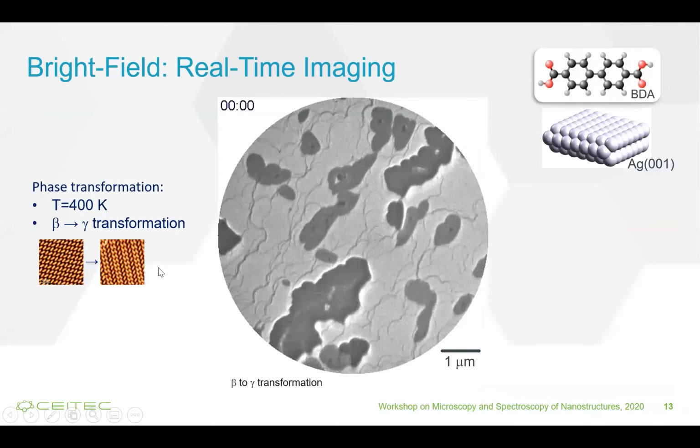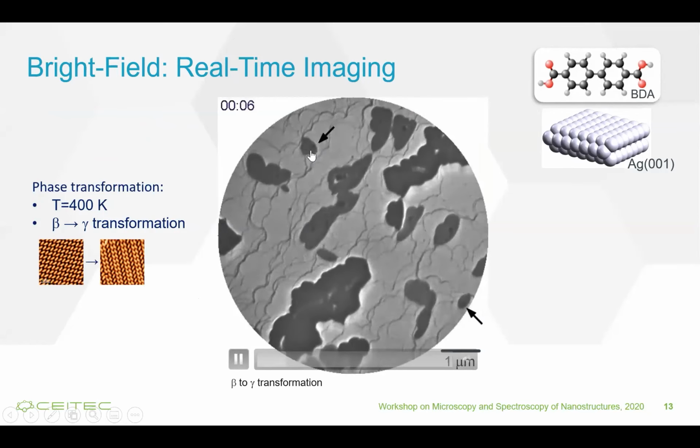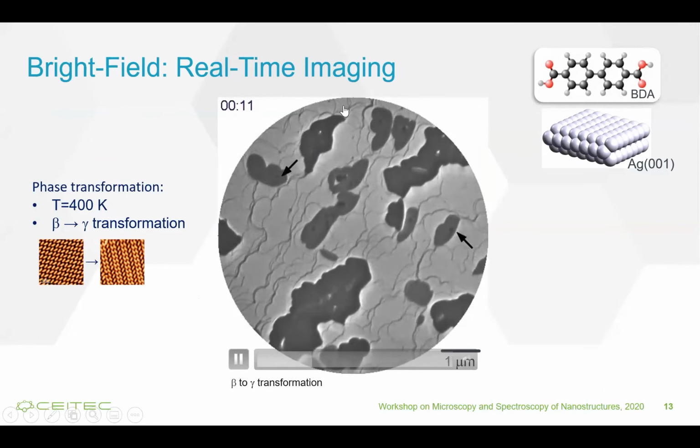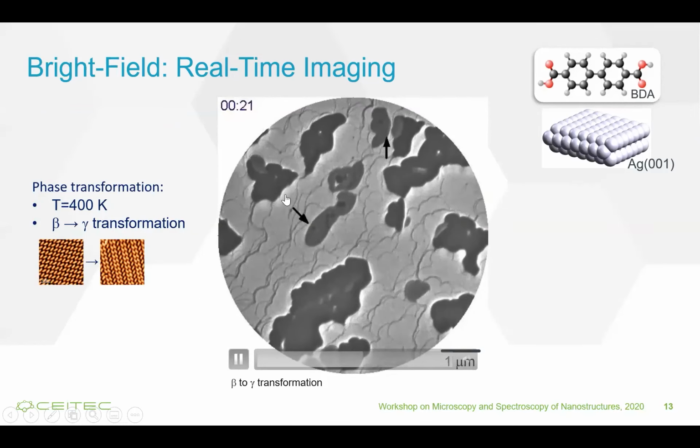The next example is from a similar system, but at high temperature, we already have the second phase, which then transforms to a third phase. In this case, if we have a lower molecular coverage, we see that the new phase nucleates in the old islands. And then if we expose the islands to free surface, there is a rapid growth. So it's marked with the arrow. So here, if we expose the islands, the new phase quickly grows because a lot of molecules are in the molecular gas. And you see, first,